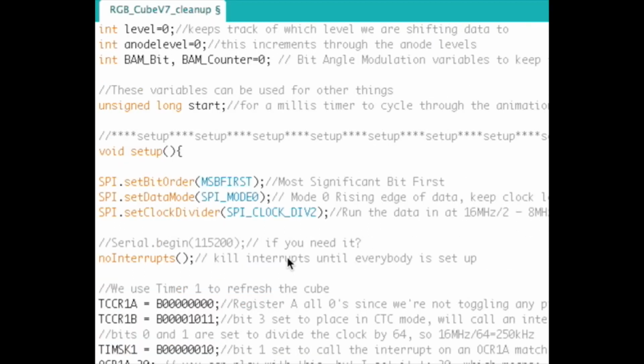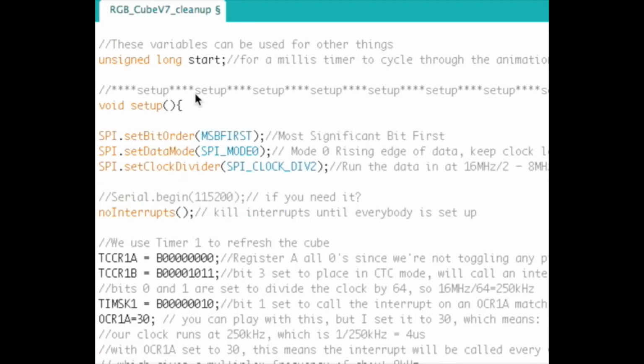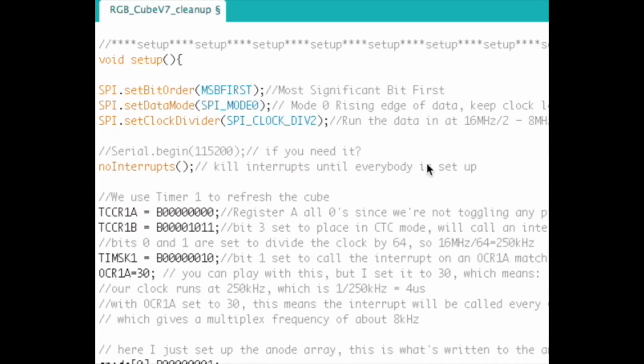Okay, so moving along, we then jump right into the setup here. Set up the SPI library. Most significant bit first, SPI mode 0. We want to run the clock as fast as possible for the SPI, so the fastest it can be is to divide the system clock by 2, so 16 meg divided by 2, so everything's running at 8 megahertz. And that could come in handy later on when you need to figure out how long it takes to shift out all